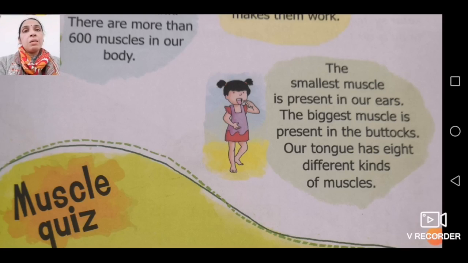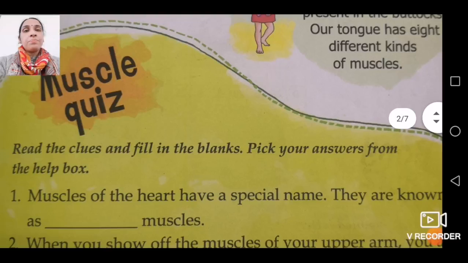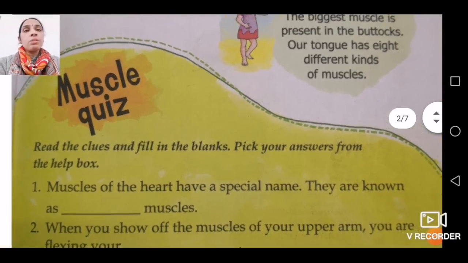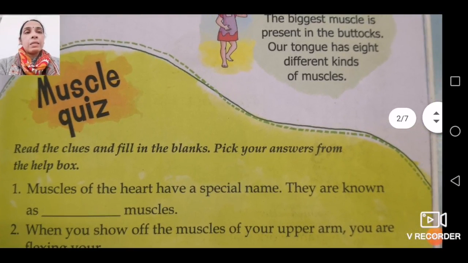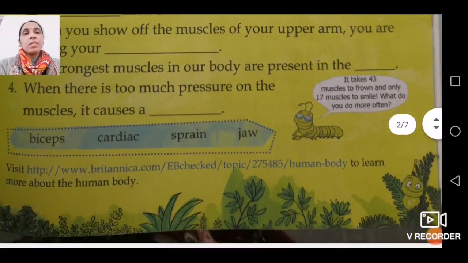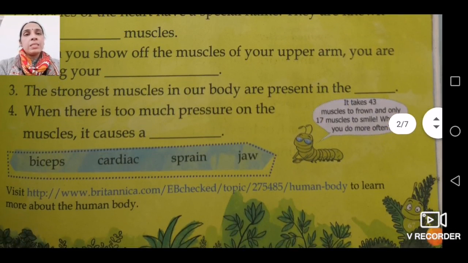Now next children, very important, that is your muscle quiz. Let's see that muscle quiz. Read the clues and fill in the blanks. Pick your answers from the help box. Number 1, muscles of the heart have a special name. They are known as dash muscles. Which muscle? Cardiac muscle. Answer you can see here,